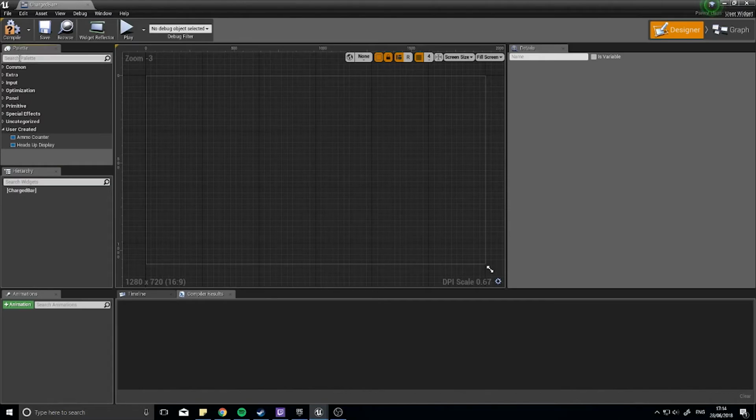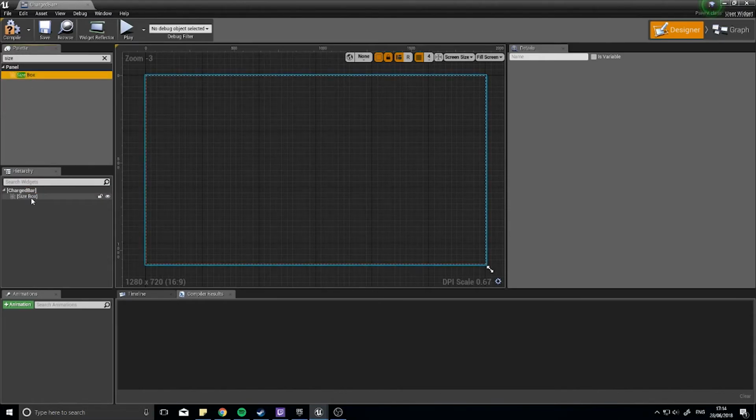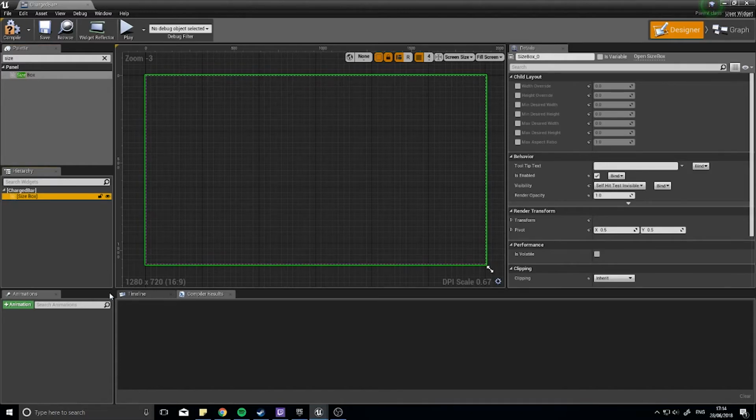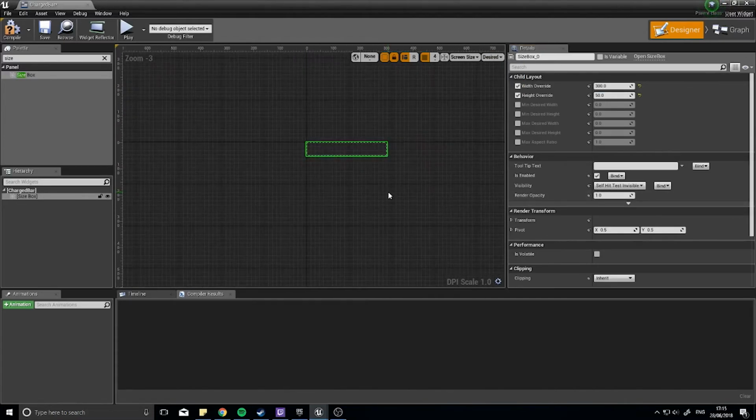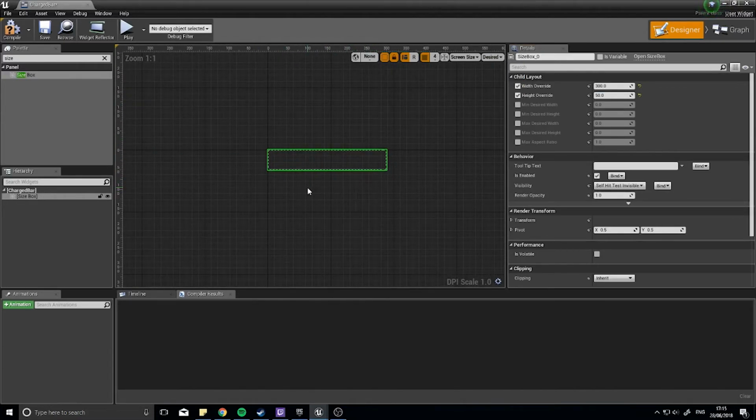Instead I want a size box, like so, and this size box is going to be a certain size we want. So width and height override on the right hand side. Width I'm going to do is 300 and the height as say 50. I'm going to change fill screen to desired to get what the bar will look like. And in there I'm going to have a progress bar